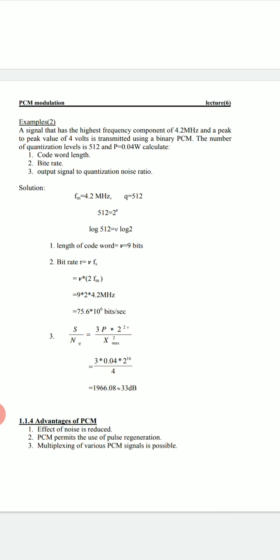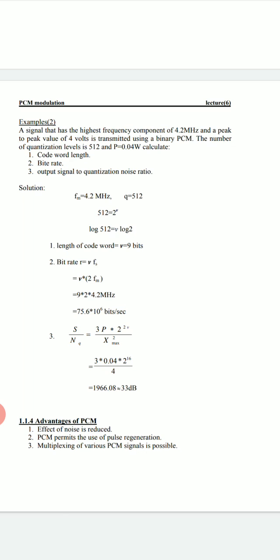Now you are supposed to find the signal to noise ratio. How will you get it? We have the formula: 3P into 2 raised to 2V upon Xmax square. Now we have all the values. P we have, they have given 0.0 watt. You can take it directly, 0.0 watt. Then you can take